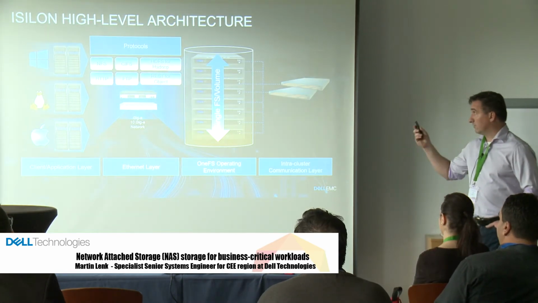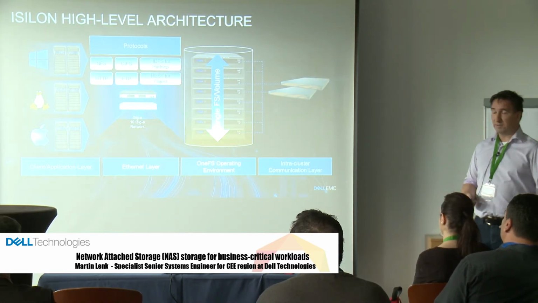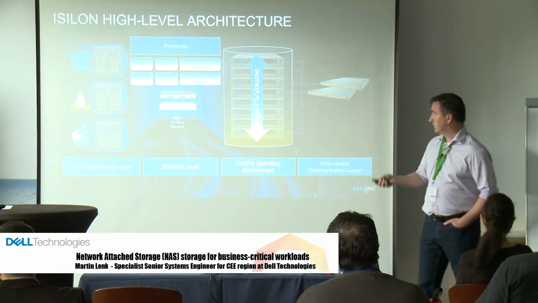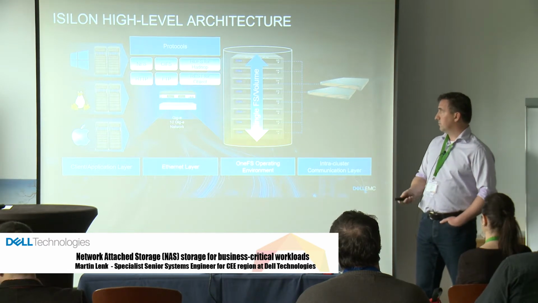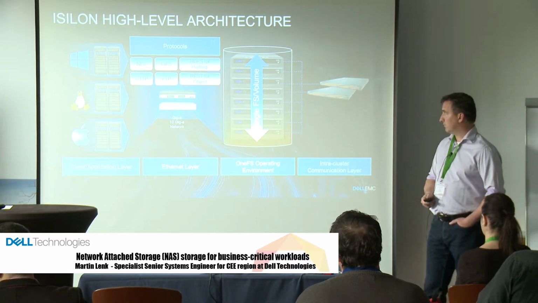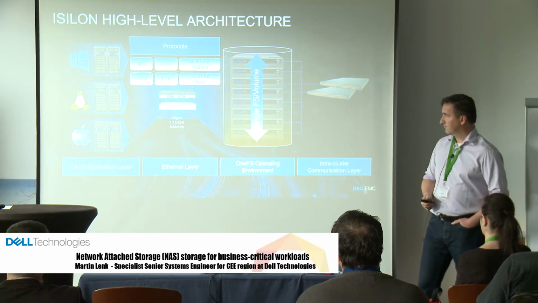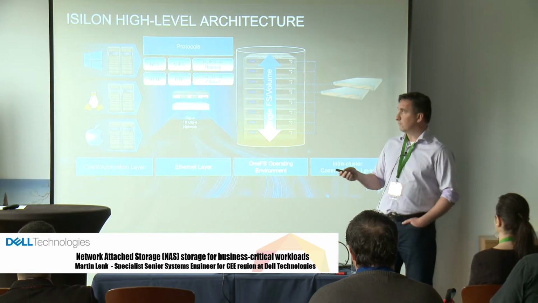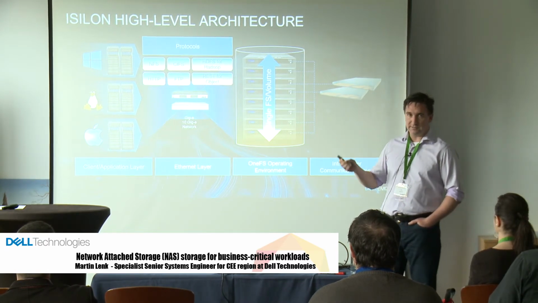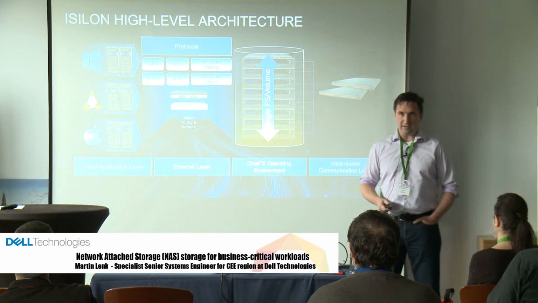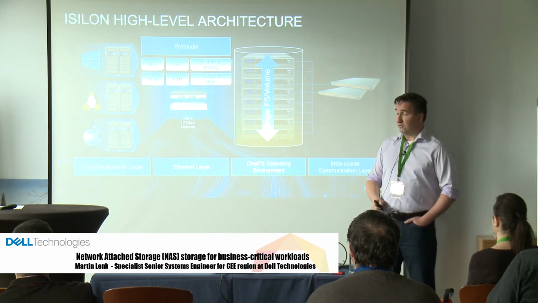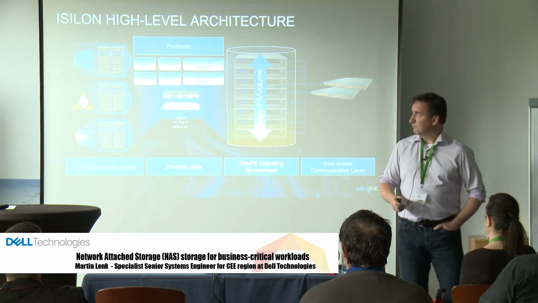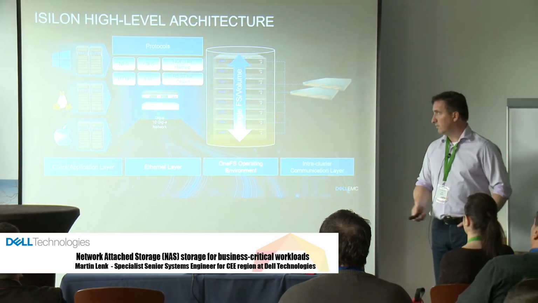Then if you make all these things, the architecture is not so complicated. It's quite easy, because you have this cluster of these Lego bricks that is connected with backend infrastructure, which was in the past InfiniBand. Now we use Ethernet. And on the front end, you have all these protocols that you expected from the system. You have NFS, you have SMB, SMB3, including all these fancy features like continuous availability, multi-channel, encryption. I don't know why Microsoft introduced encryption for SMB, but they have it, so we implement it.